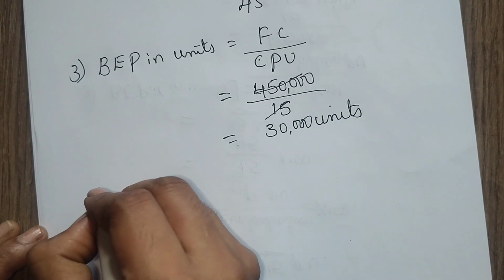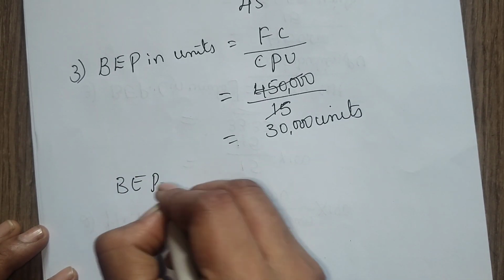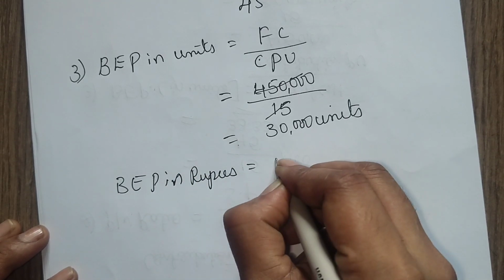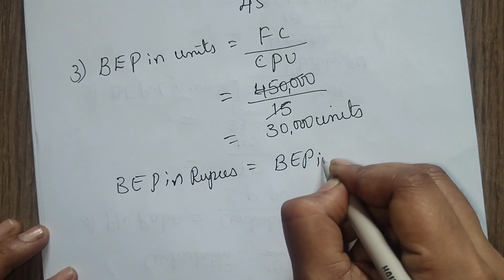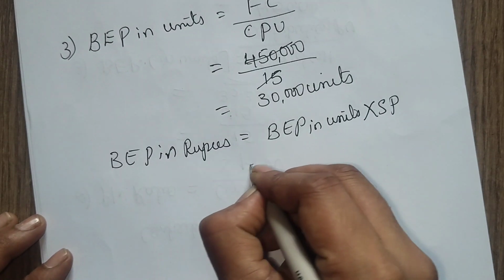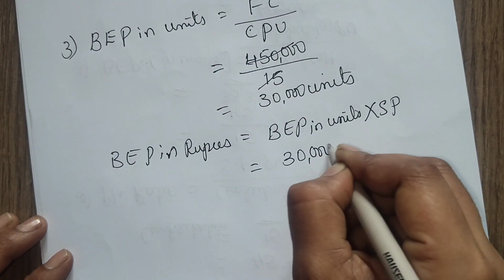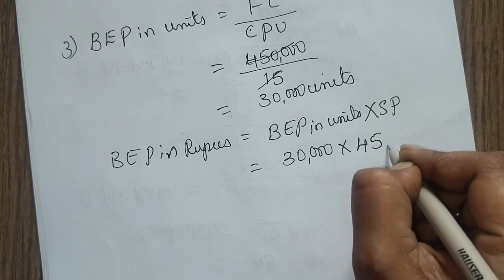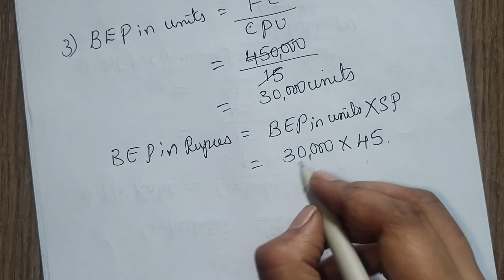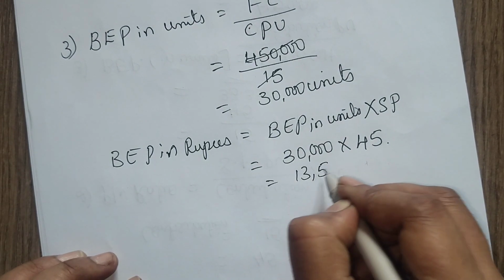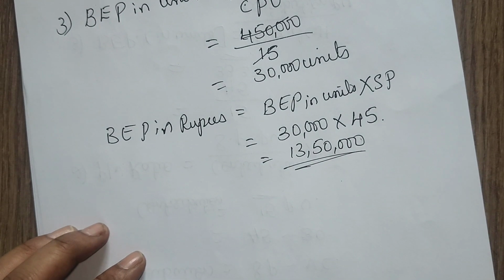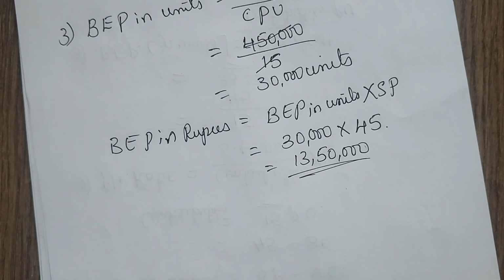Then we need to find out BEP in rupees. BEP in units into selling price. BEP in units is 30,000. Selling price is 45. 30,000 into 45 is 13,50,000. Then next we have to find out